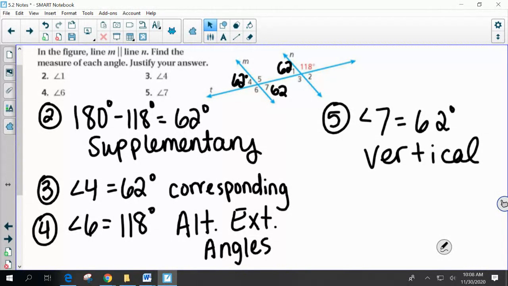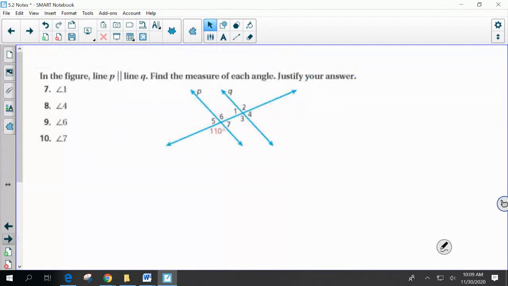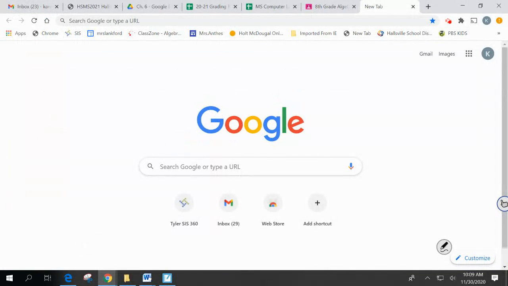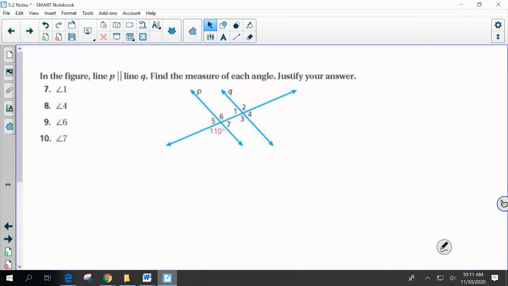Okay, I'm going to give you one of these to do on your own. We already listed out all of these that are congruent. We don't need to do that again. I would like you to try this one, numbers 7, 8, 9, and 10. So you'll need to pause your video and go through these problems. All right, so let's go over these. So for number